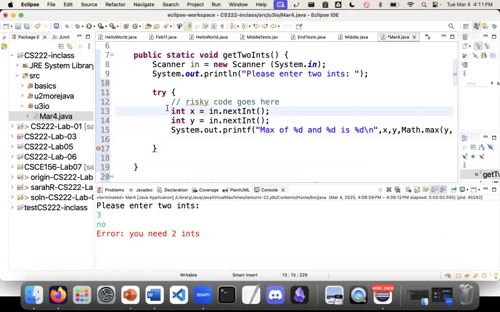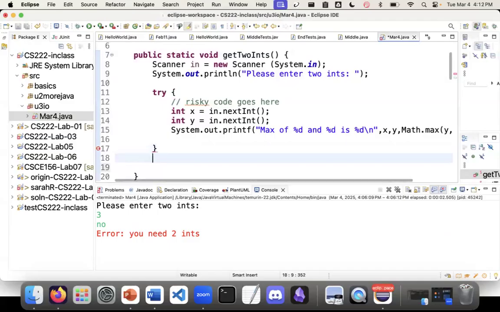So if I wanted to, I could still check, is the next thing an integer? Then if not, print error. I could still do that. But here I'm just grabbing it, assuming it's the next integer, but if it's not, it's going to go to catch. So once we do that, this is our risky code. And once we're done with that, we have catch,